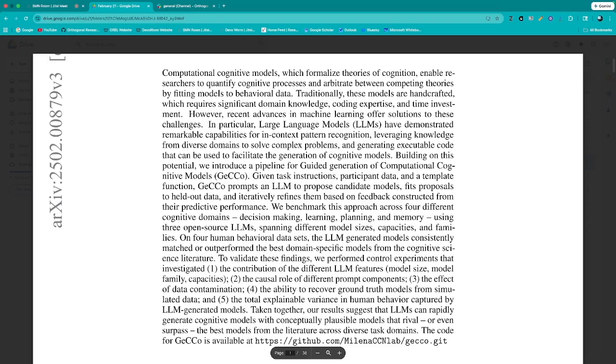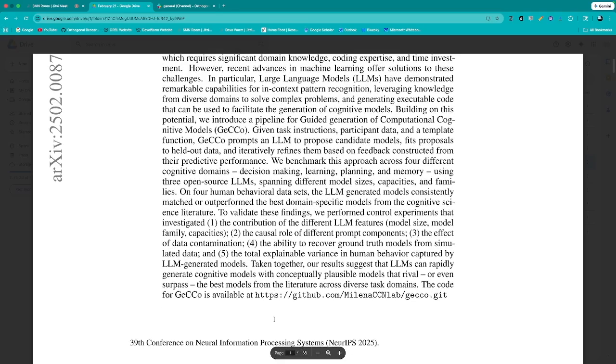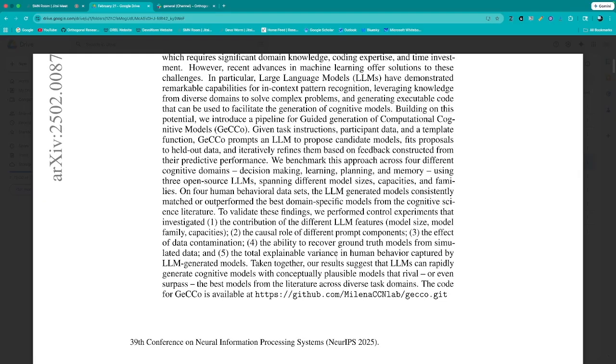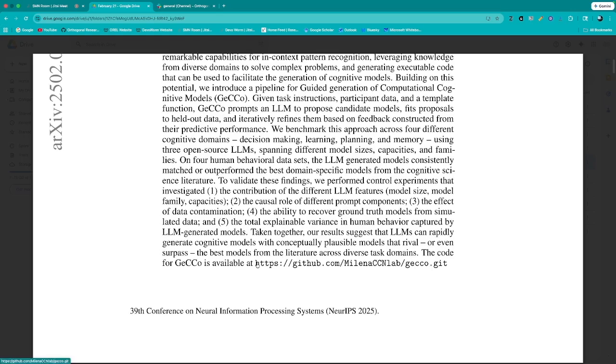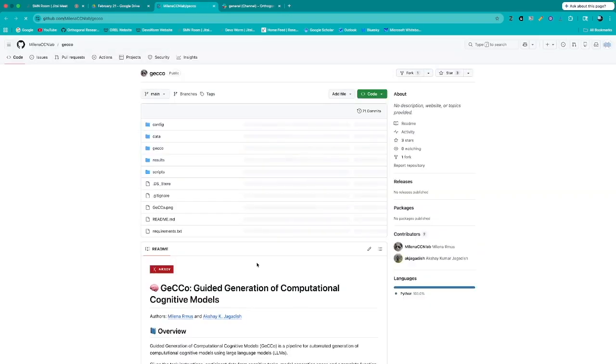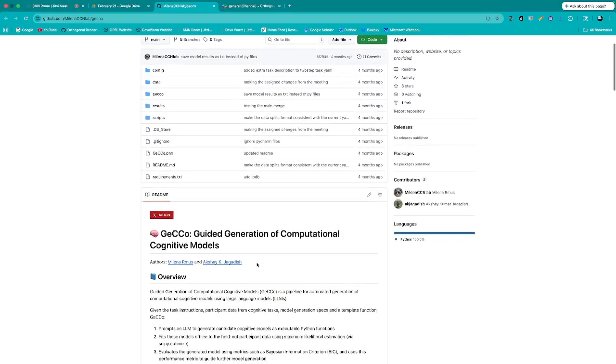Taken together, our results suggest that large language models can rapidly generate cognitive models, with conceptually plausible models that rival or even surpass the best models from the literature across diverse test domains. So here's the repo for Gecko. This is the repo, and they